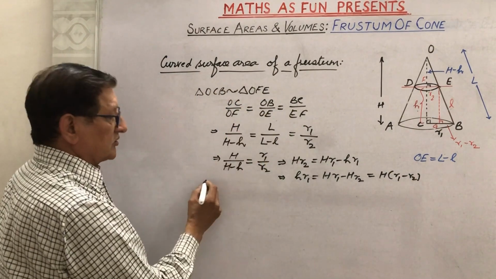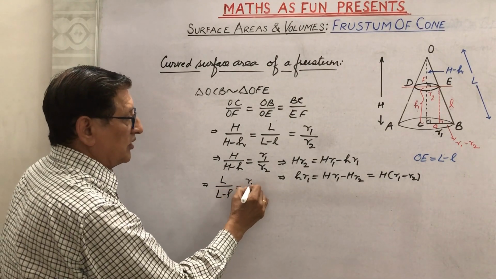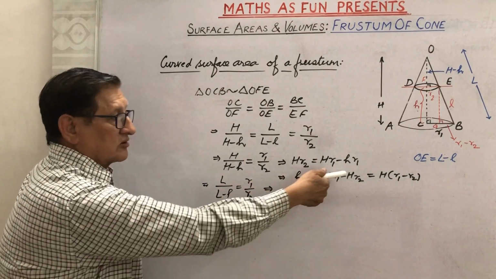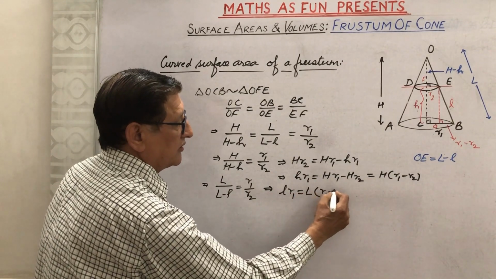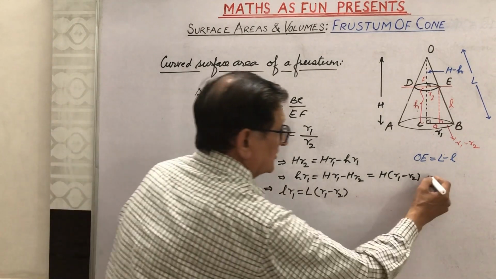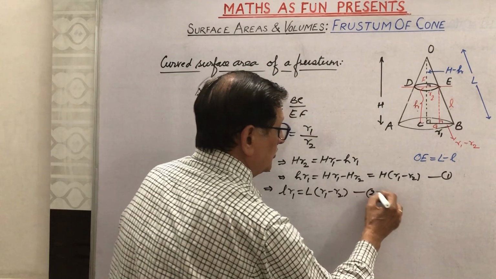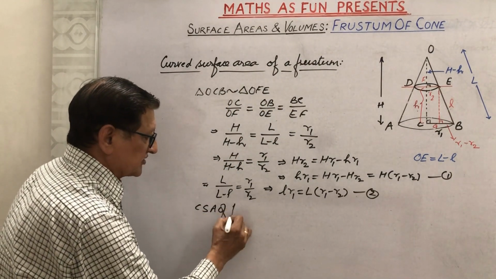Similarly, from the second and third, what do we get? L upon L minus l is equal to R1 upon R2. And from this also in a similar way we will get lR1 is equal to capital L into R1 minus R2. After getting these relations, suppose they are 1 and 2, we can find the curved surface area of frustum